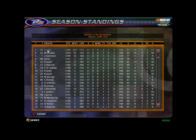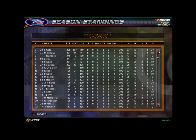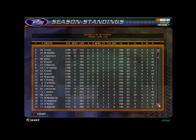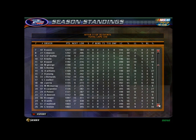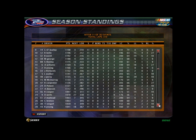Look at Seth Cole. Oh my. Out of all the cars, we have had a lot of DNFs this season, but he's only had 5. Eric Burton's only had 3. Pichu 6th in points. Sasha Dawson, Corey O'Malley, Red Bell's 10th in points. Aaron Williams, Dylan Young,